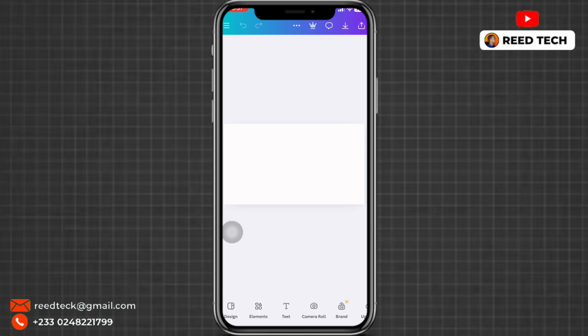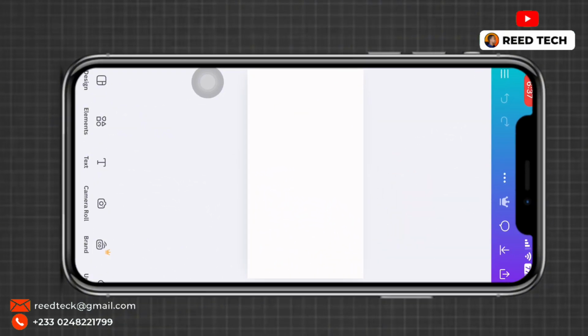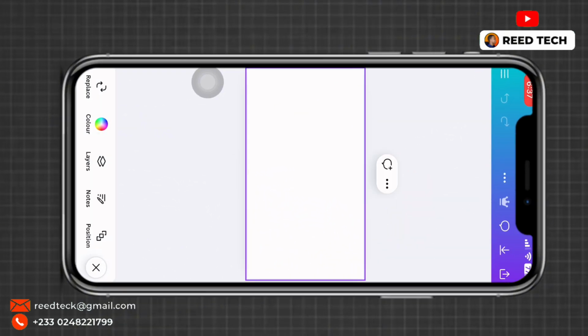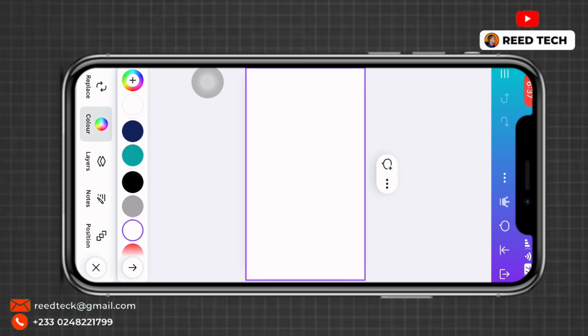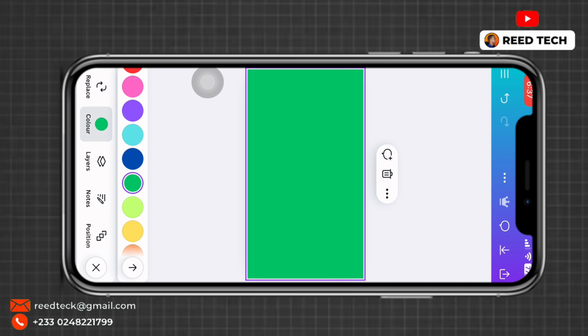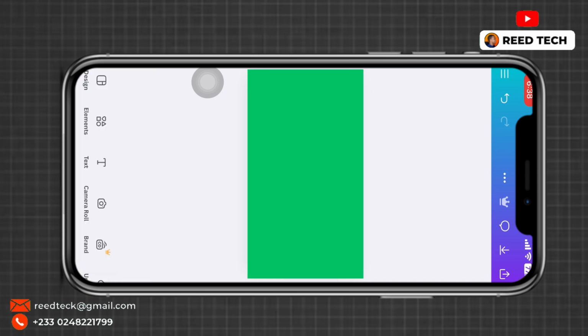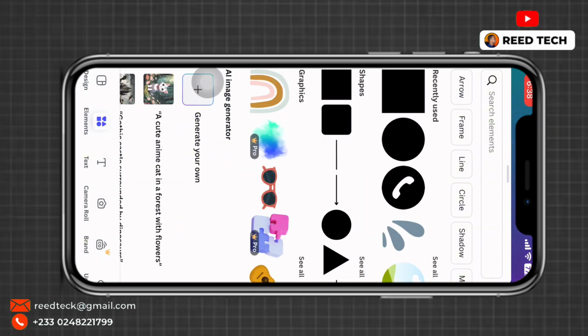The first thing we're going to do is to change the background color of the page. So let's select the page and click on color at the bottom, and we're going to scroll to use the green color. Next, we're going to go back to the elements tab. Let's click on elements and we're going to need a rectangle. So you can simply just search for it here,